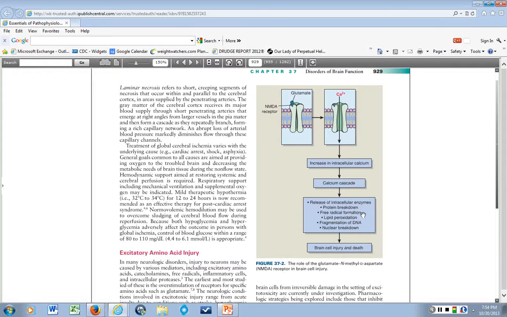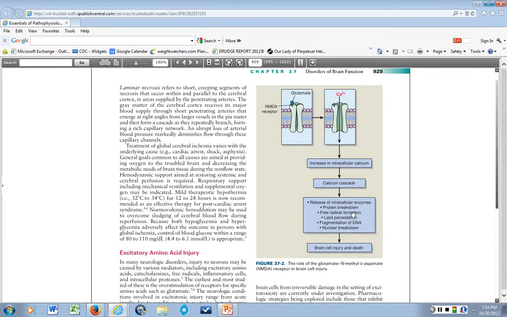You know what free radicals do. Lipid peroxidation, meaning that's one of the damages of free radicals, so it's going to damage the lipid membranes, both intracellular membranes, things surrounding organelles in the cells, like the mitochondria and the Golgi apparatus, anything that's membrane bound. It's going to fragment the DNA, break down the nucleus. That leads to brain cell injury and death. So again,